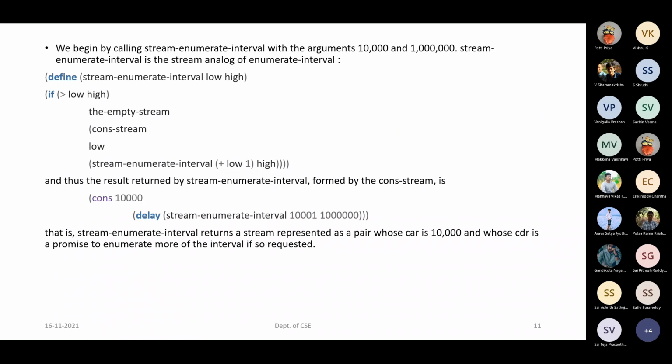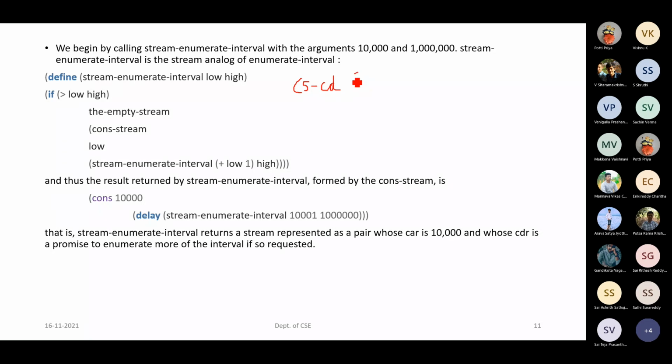Okay. Is it clear? So the first time when you are executing, this is how it will be applied. Suppose I call this procedure in this way: I'll write it as stream-cdr, SCD, because of space and my writing.